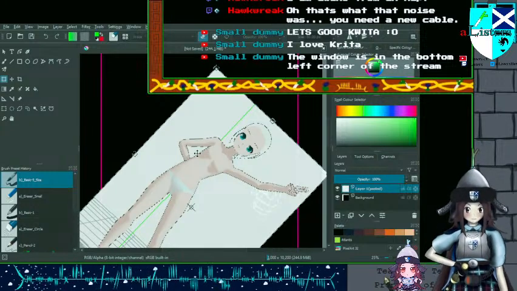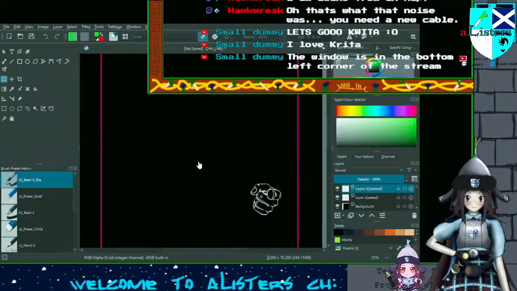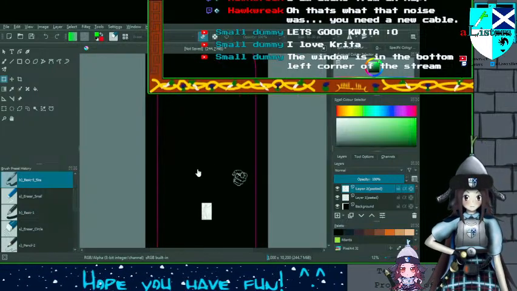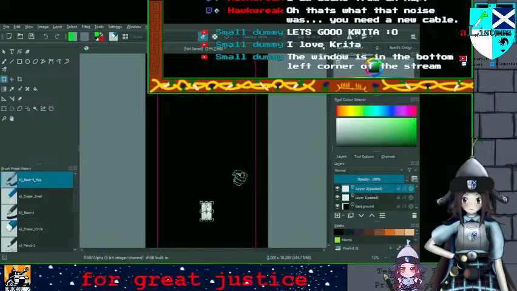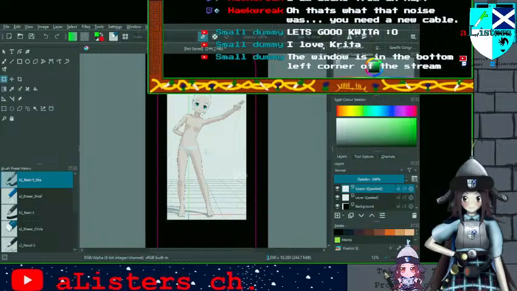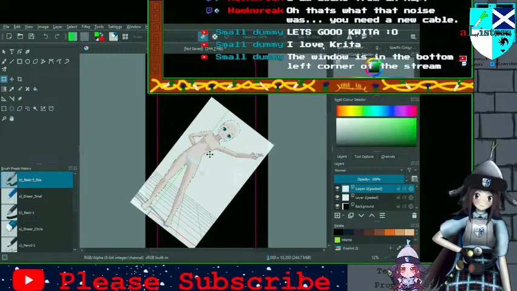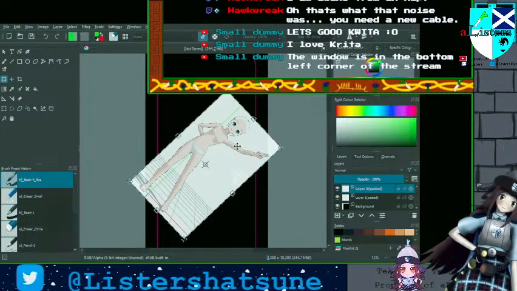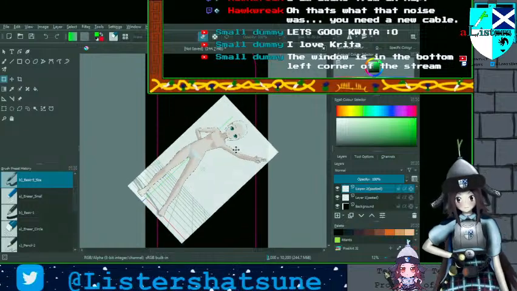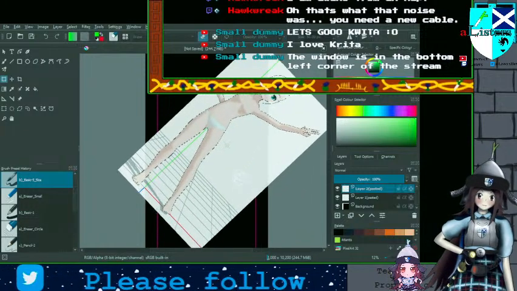Crap, nope. Make sure I'm on the right page. Right. Oh, there we go. Ah, crap, no, I don't want to skew it. Get slightly bigger.